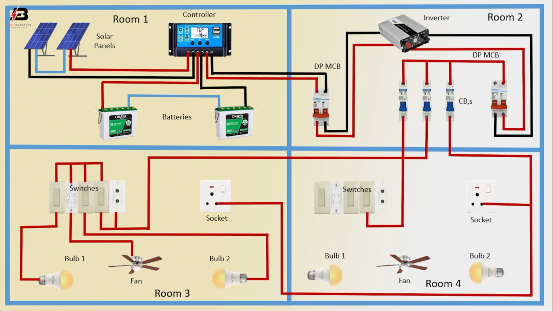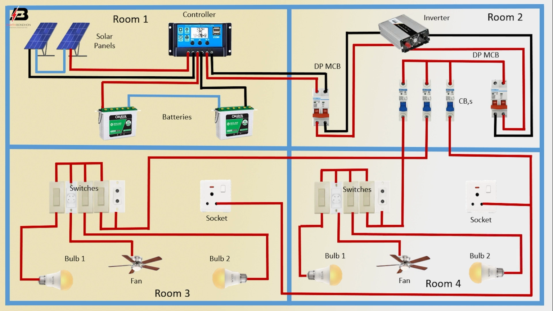connection from circuit breakers to connect switch and 2-pin socket, another connection between switch and fan regulator, output connection from switch to connect bulb 1, output connection from fan regulator to connect fan, output connection from another switch to connect bulb 2, neutral connection